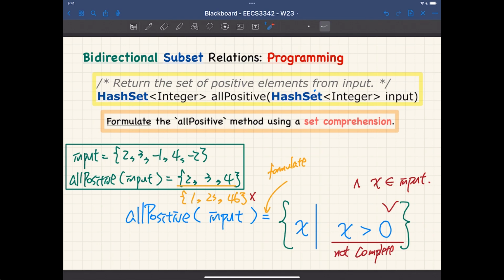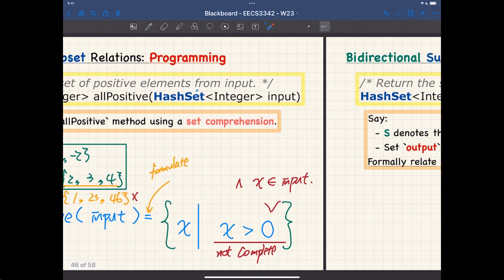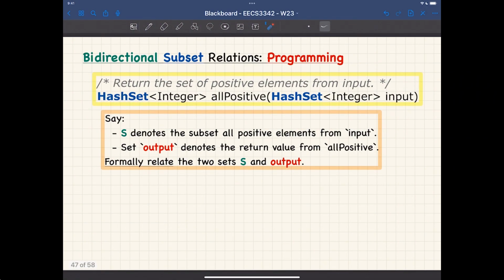Good. Second one. The same method here, but now we want to argue something about, okay, so this is something I'm not too sure your professor will talk about in 3311, but normally I do. This is something called post-condition. People usually talk about when you want to design your routine or function for your software module, you have to think about its precondition and post-condition.